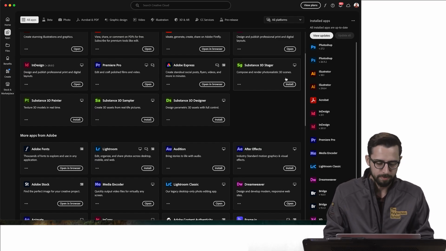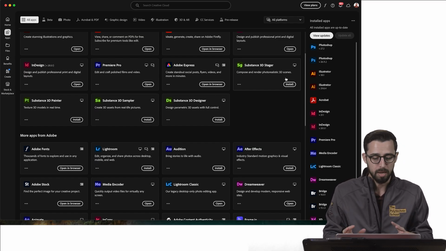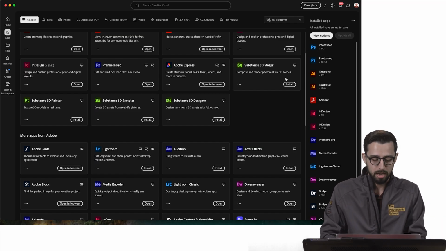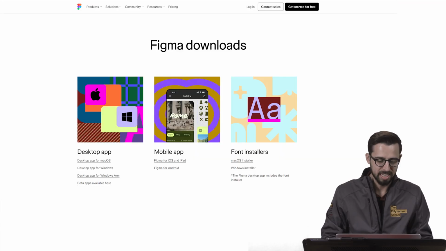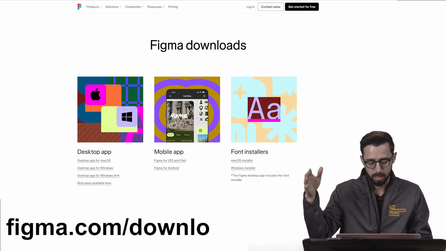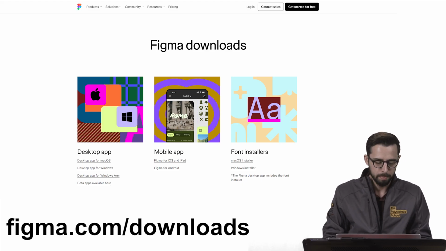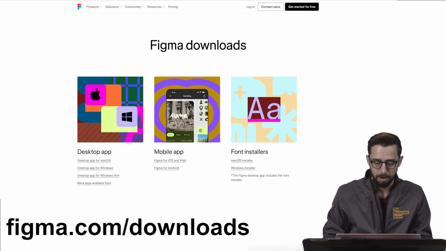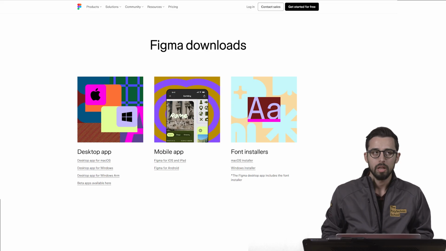Once you have all of these installed, they can take a minute. Do also download the Figma app. What I mean by that is go to Figma Downloads. It's figma.com/downloads, and download for your correct operating system. That said,